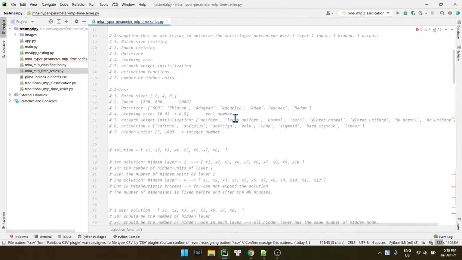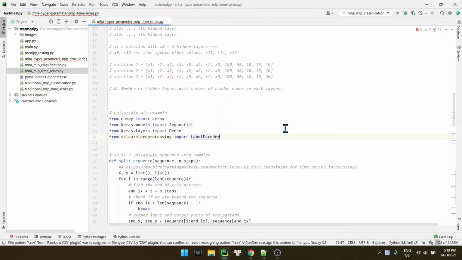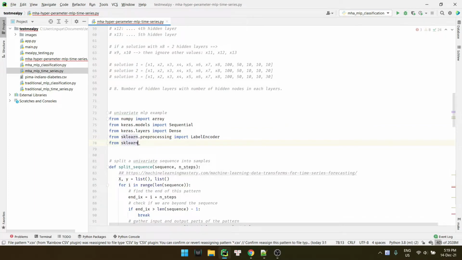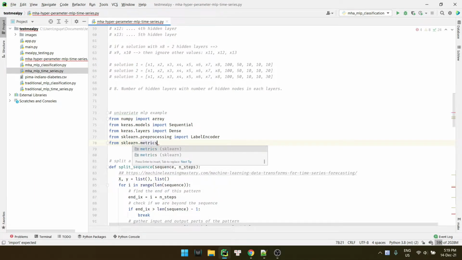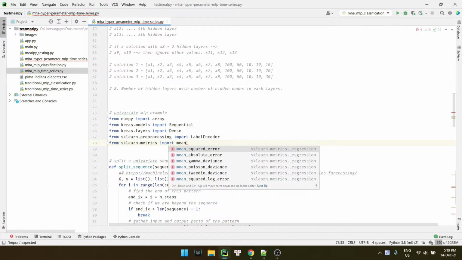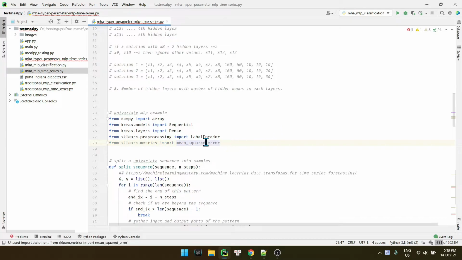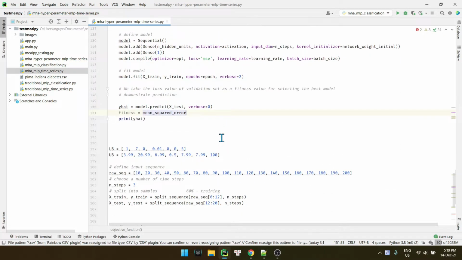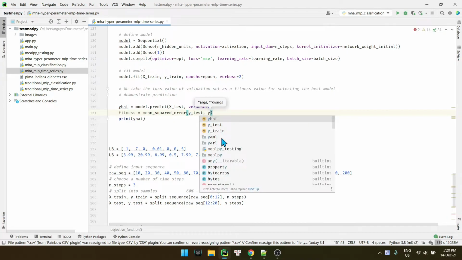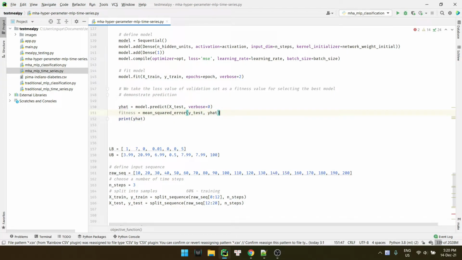We need to import the mean square error function from sklearn dot metrics, and we code it from here with y true, the y test, and y hat as the prediction, and we should return the fitness value.